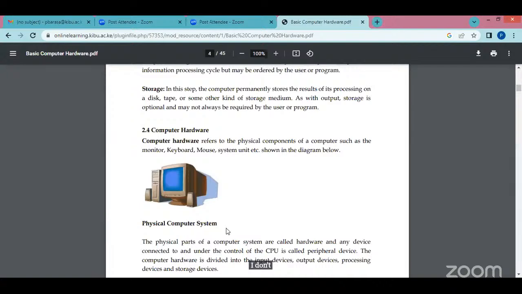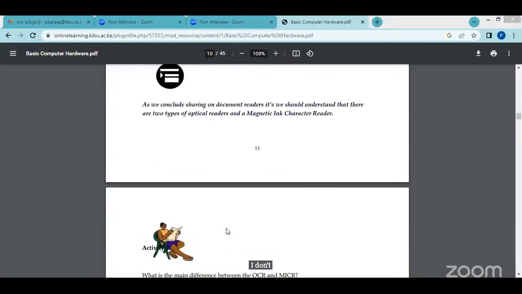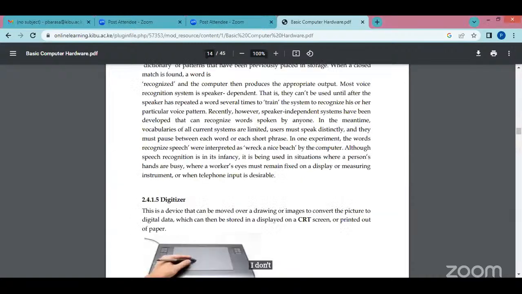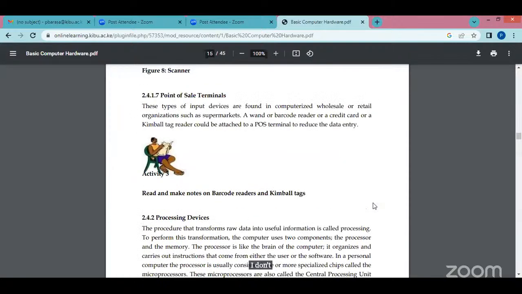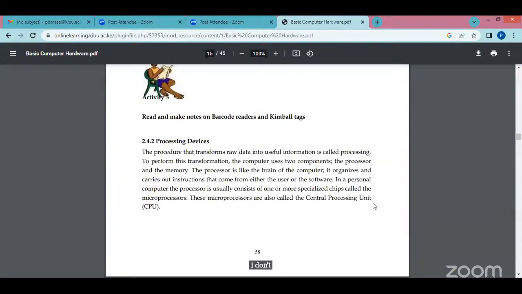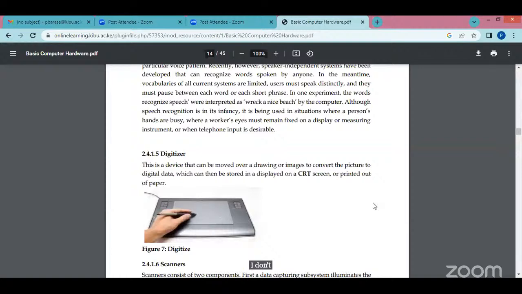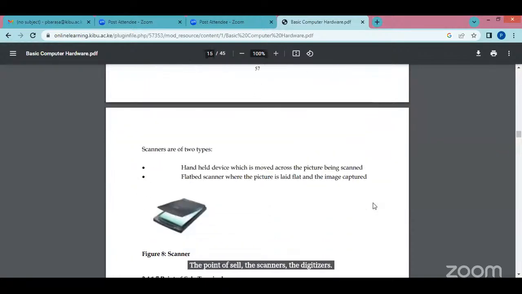Okay, so today, we are talking about processing devices. And that is very important because we had already looked at the point of sale, the scanners, the digitizers. Now we start with the